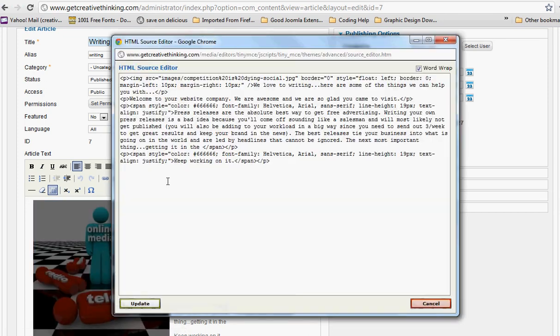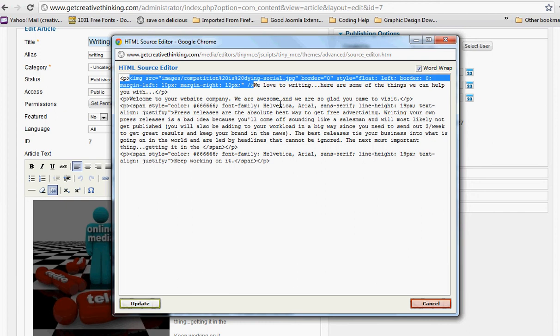HTML is the code that writes everything. So I'm going to keep it really simple. You look for your picture, which is right here. Everything inside of the brackets is what's telling the internet to load your picture. Basically, that is the situation. And so when we put in 10 pixels on the